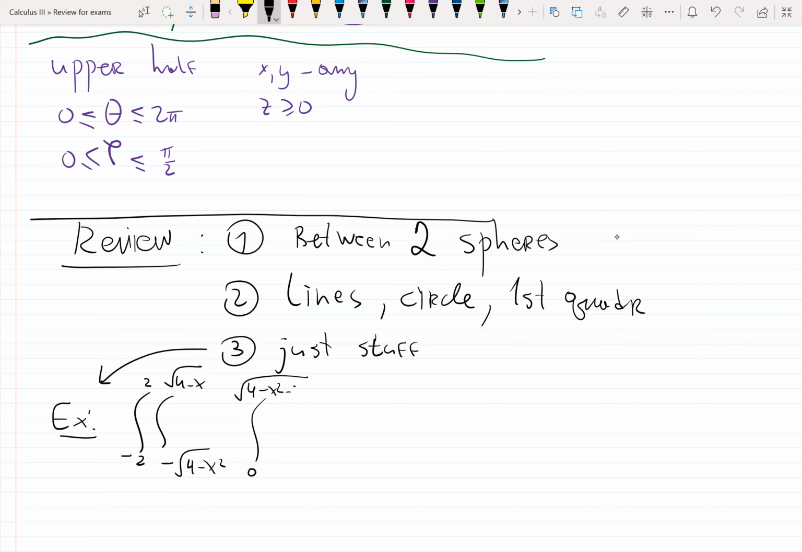What kind of horrible writing is that? It's my writing. Xy squared, yes. E to the x squared plus y squared plus z squared dz dy dx. And they say convert this